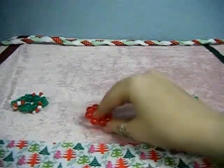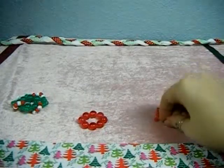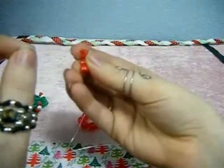So now we're going to do our points, and if you guys have ever made a candy star, it's the same exact thing. We're going to string on,